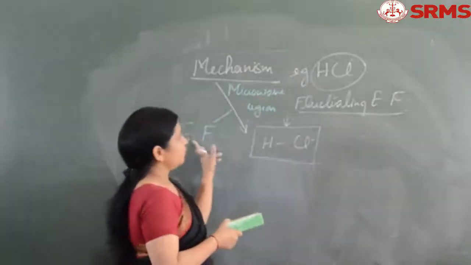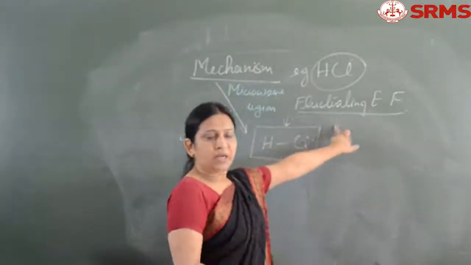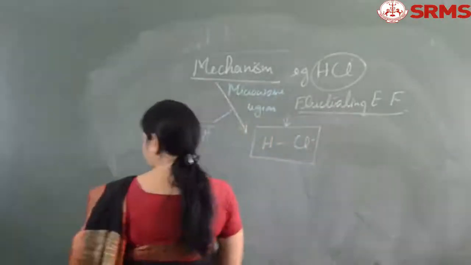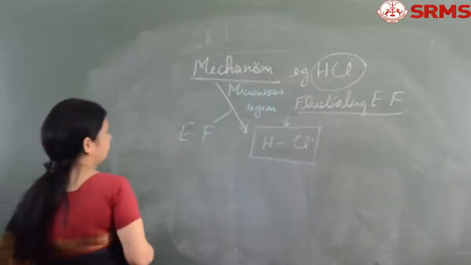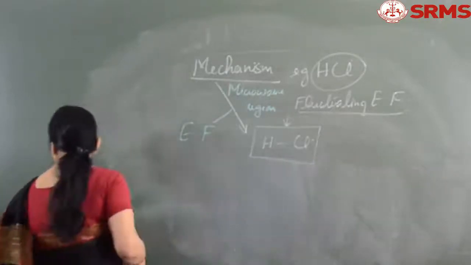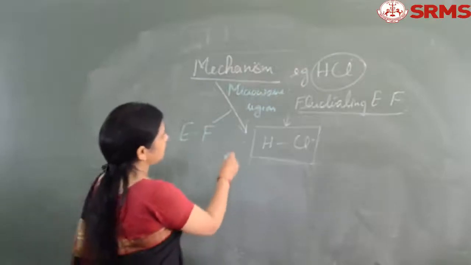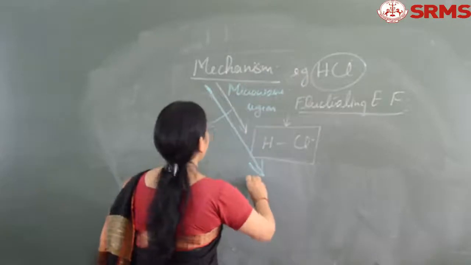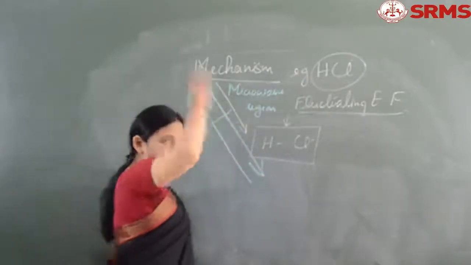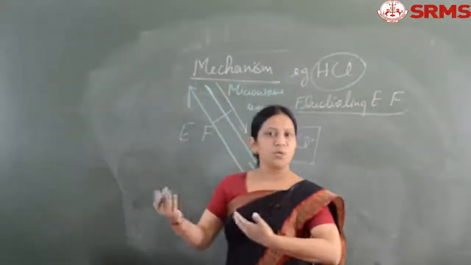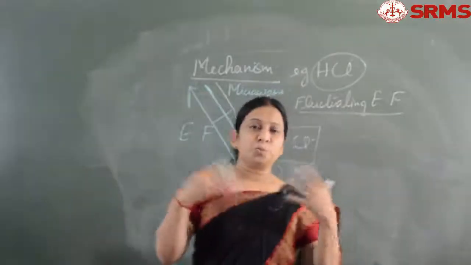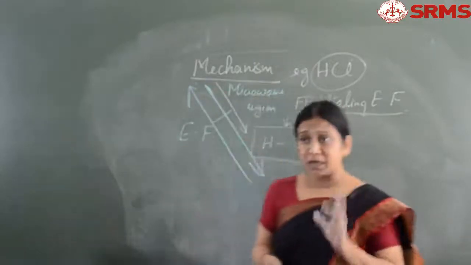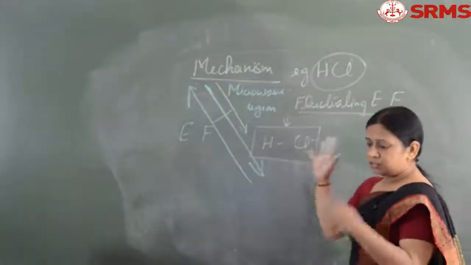Now when this electric field and the fluctuating electric field come in resonance, then at that point the energy can be transferred from one point to another. That means the energy can be transferred from radiation to molecule, or it can also go from molecule to radiation, and then the changes take place, and the rotational spectra is obtained. So that is the basic mechanism of how the changes take place.